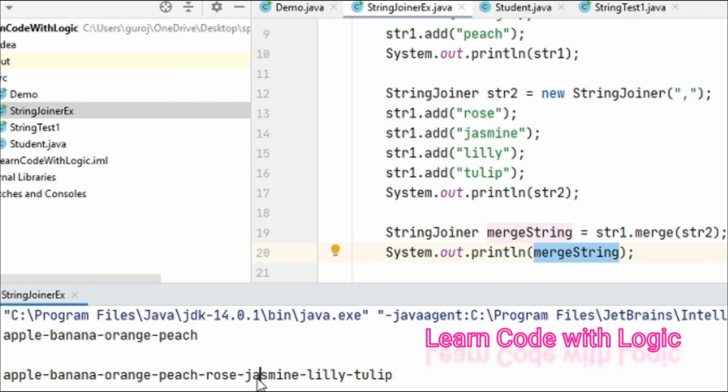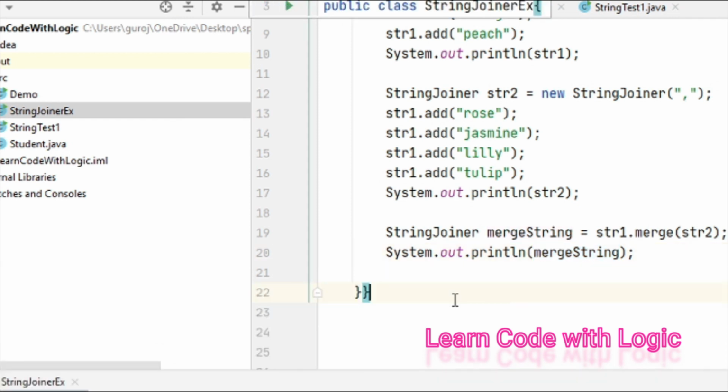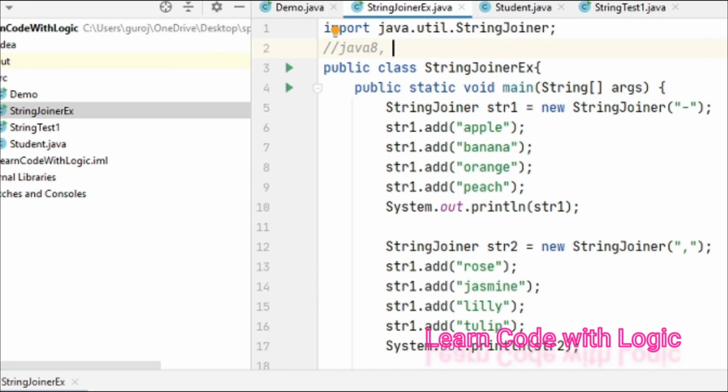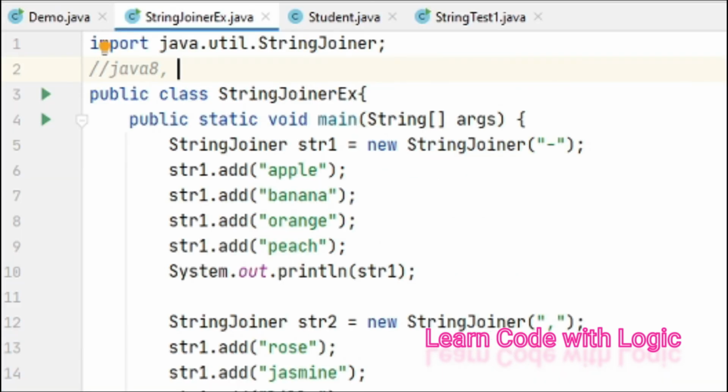There you can see the complete names. The first four are about fruits and the latter ones are about flowers. Like this you can merge two objects using StringJoiner. This is the new feature, guys. Don't neglect this topic. Even for interview purposes, this is a very important topic, and also it is a Java 8 feature.